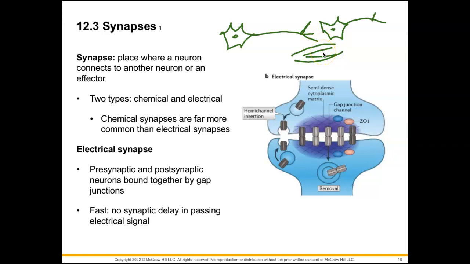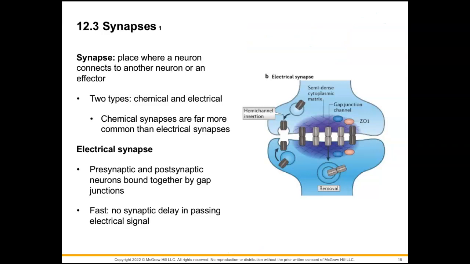Now there are two types of synapses. We can have an electrical or chemical synapse. Our chemical synapses are going to be far more common than electrical synapses. So we'll mostly talk about the chemical synapses throughout the rest of our lecture, but quickly let's describe an electrical